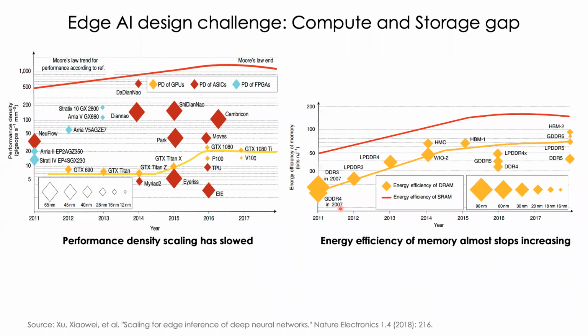Along with performance density, as we already established, memory and energy efficiency is critically important. And the story is similar in that case. The energy efficiency of our memory, in this case what we call dynamic RAM or static RAM (SRAM), has really stopped scaling for a long while. Although we again have access to smaller processes, the ability to have better energy efficiency of this memory has really decreased over the years. Bringing all these things together, it really is a challenging problem to realize edge intelligence. So how do we really deal with this problem?